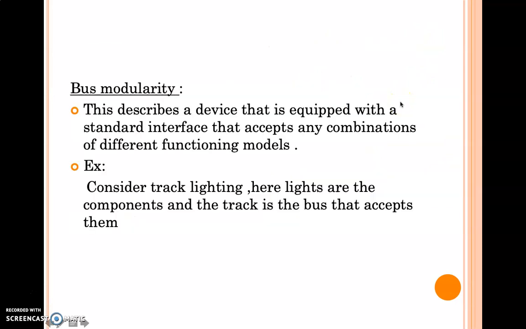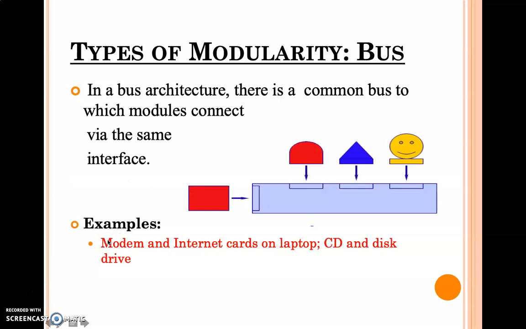Next is bus modularity. This describes a device that is equipped with a standard interface and accepts any combination of different functioning modules. Considering track lighting, the lights are components and the track is a bus that accepts them. Let's see the example. At the bottom of this shape you have interfaces all linear, as a horizontal part.